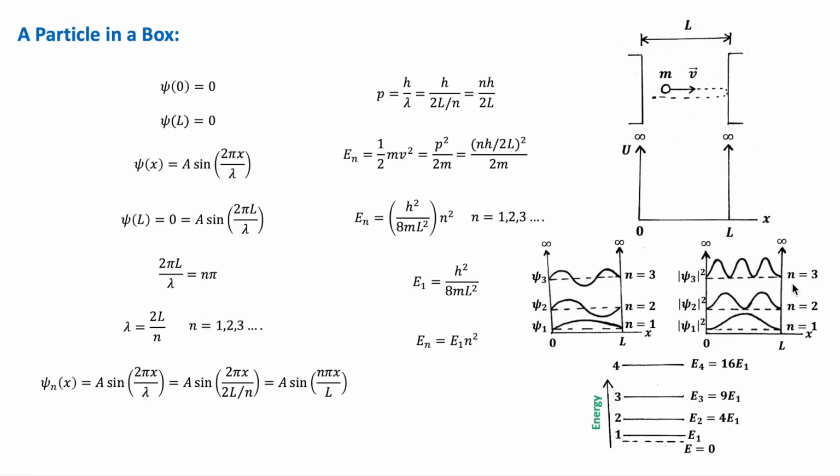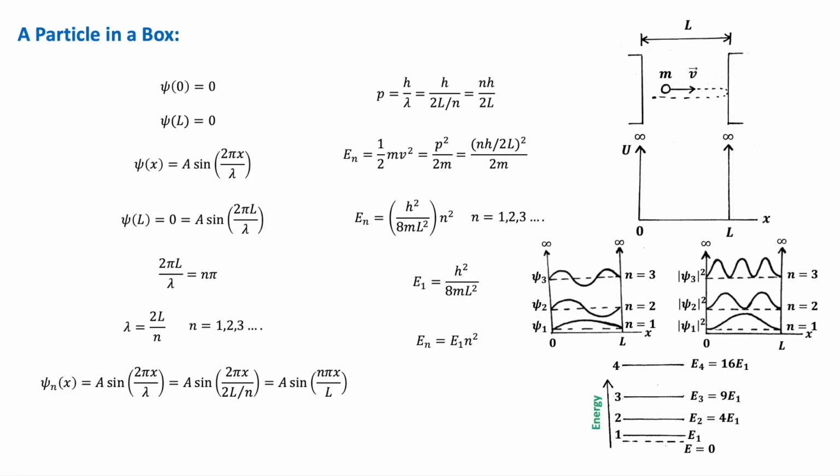And for n equal 3, it's 0 at x equal L over 3 and 2L over 3, okay? And the number of points, as you can see, of absolute value of psi n squared being 0 increases by 1 each time the quantum number increases by 1, okay? So going back to the wavelength of the particle,